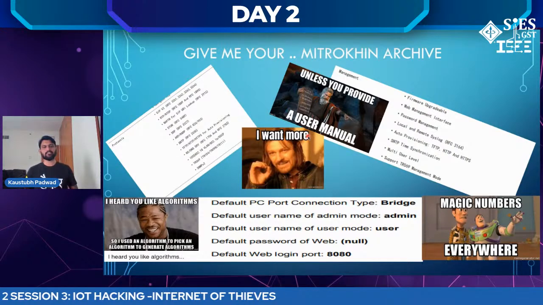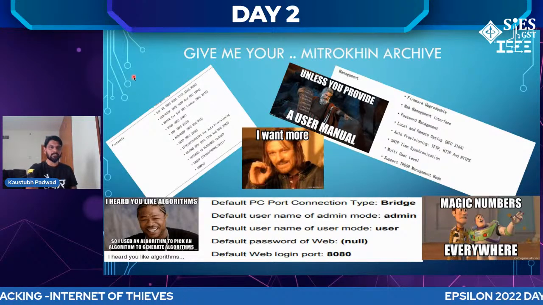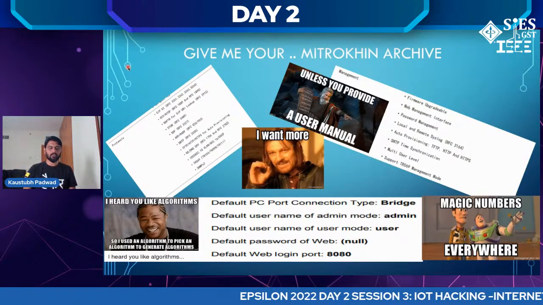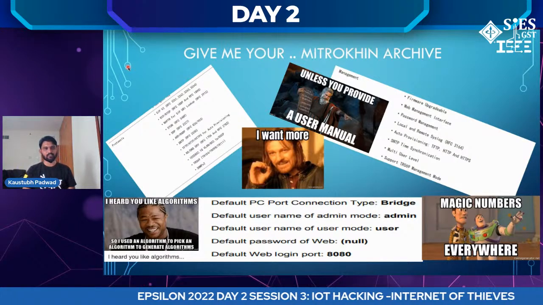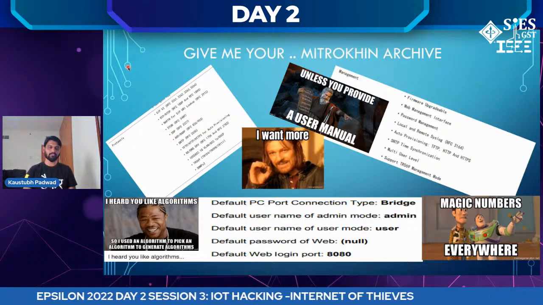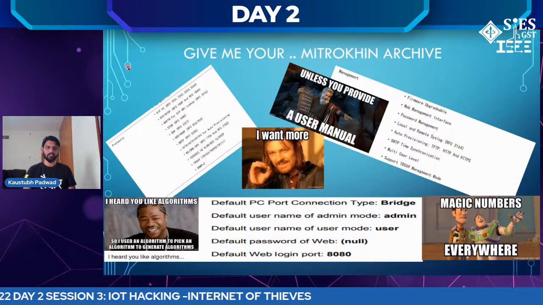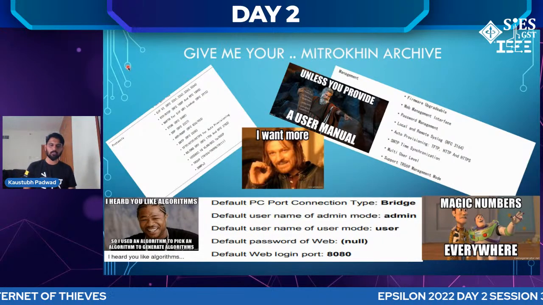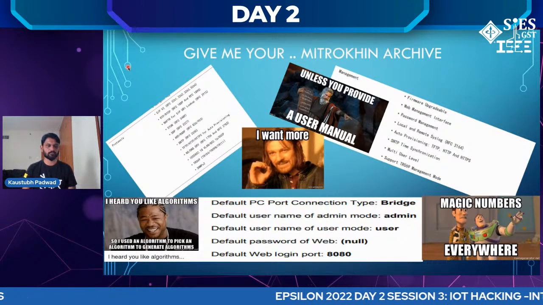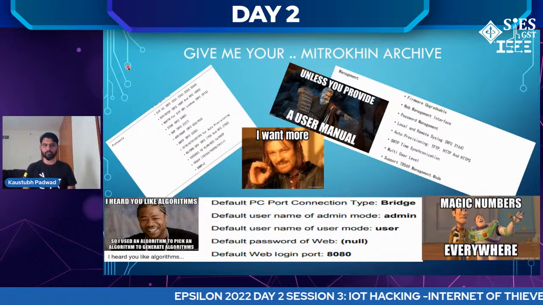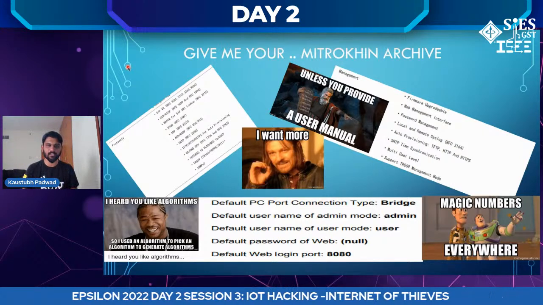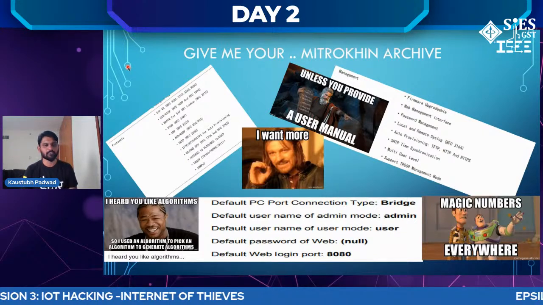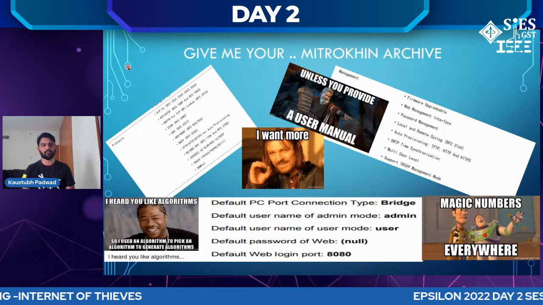So in one test case, when I was testing one product, they said that this product does not support Wi-Fi, and I was like, okay, good. Then we started pen testing it. I started reading the manual about it with the FCC ID, and when I searched for the FCC ID, it showed that this product supports Wi-Fi. And this guy was like, no, no, no, man, you turn it on and I'll show you. So it became a heated argument, and I took it personally and I said, I'm going to turn the Wi-Fi on. So later, after doing plenty of research on that product, I came to know that